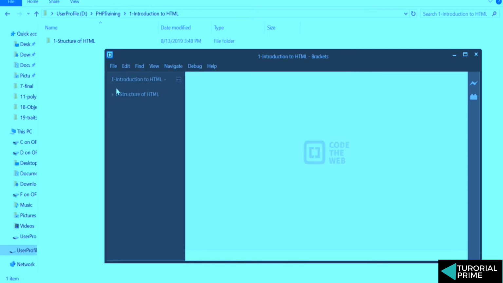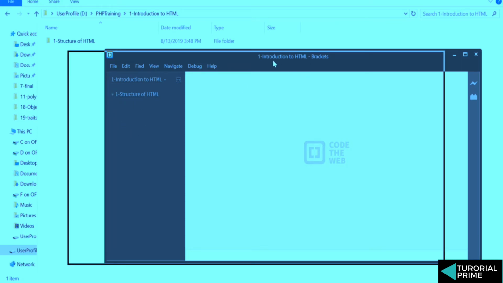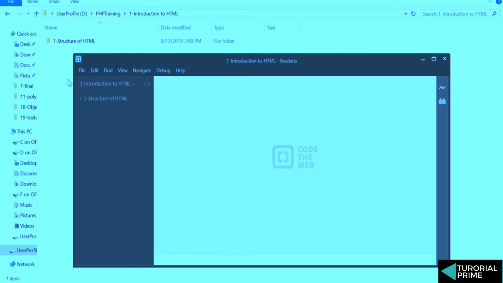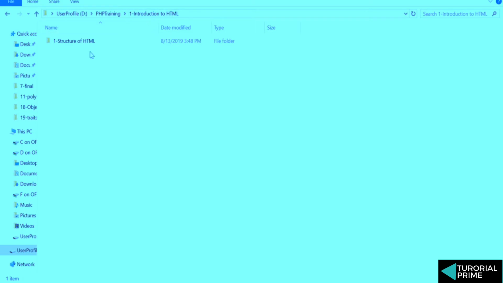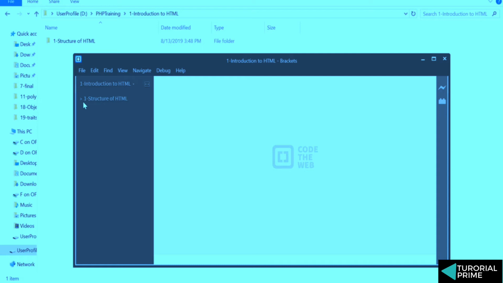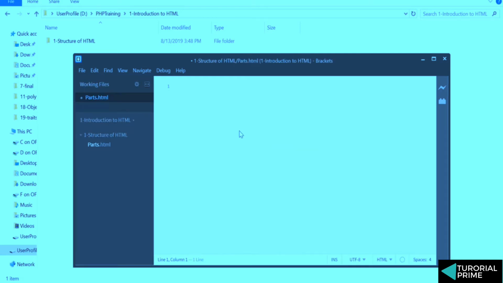So once you do that, you basically get all the folders here. So it's easy to look at the files and the folders. It's up to you how you want to do it, but we will open this folder introduction to HTML so that we can see all the folders that we create here and all the files that are inside that folder. So let's define the parts of an HTML.